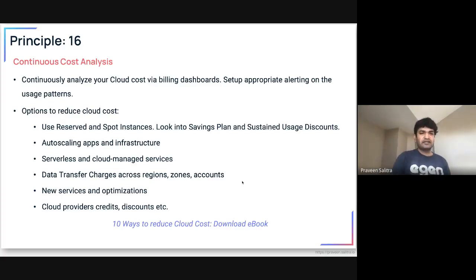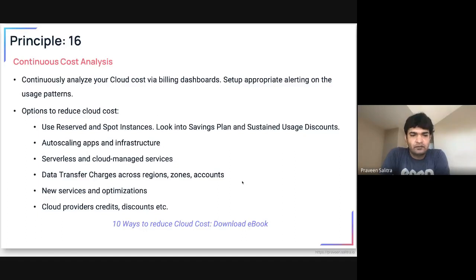Using most of these managed services, you don't have to have that many system admins or DevOps teams on your side, so you will save there. If you plan your regions or your infrastructure nicely, then you can avoid the data transfer charges, because most of these cloud providers charge you for pulling data out of them.